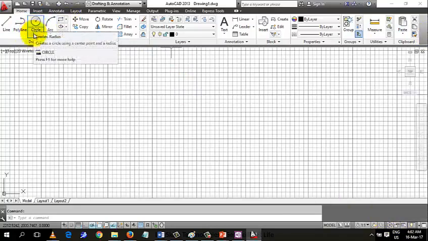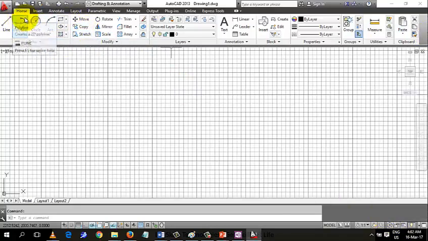Now let me stress this because many students get confused. They wonder that what I'm looking at is not the same as their Home tab. Now in order to do that, let's come to the bottom here, the other one I was talking about, this workspace switching. When you click on it,